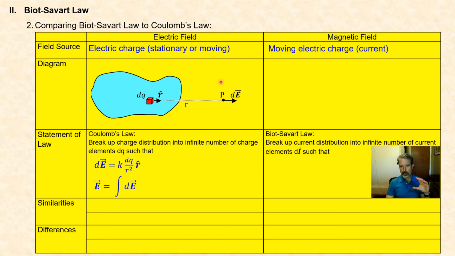We replace a charge distribution with the concept of a current distribution. So a current distribution, and I'll just show you here, if we consider charges moving in a confined region of space like a wire, then we can talk about a small piece of that current, which I will call dI. If the current, which has a magnitude and direction, is represented by I, we will look at an infinitesimally small piece of that current, piece of the wire,